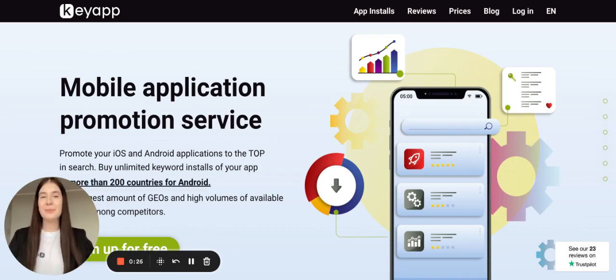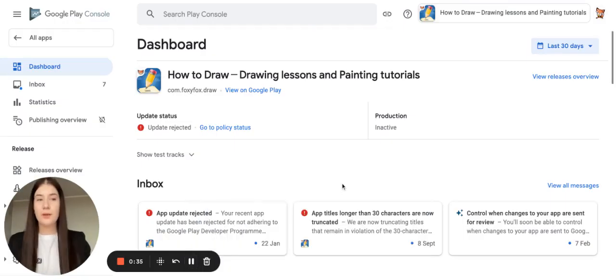In today's episode, we have decided to discuss Google Play Developer Console and how to use it to analyze your app performance. So when you log into Google Play Developer Console, the first page you get to is the list of all the applications which are published from your developer account. And when you choose the application, the first section you get to is the dashboard, where you can see the